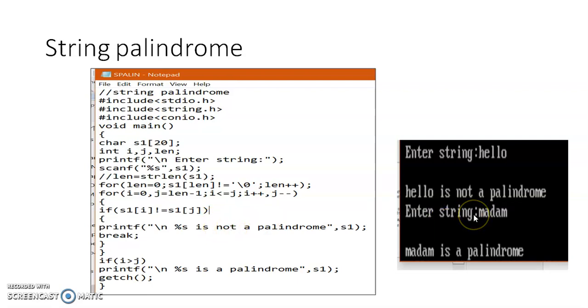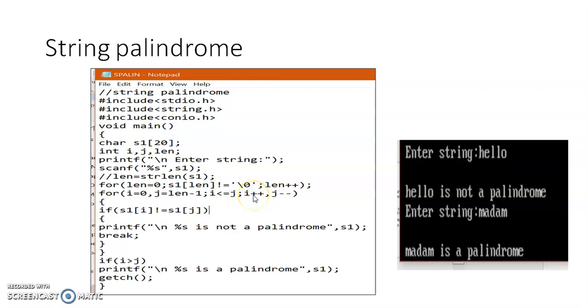Here is one more example, a palindrome string, and how this program works. Take madam. How do we find whether madam is a palindrome or not? In this case, i points to the first character m and j points to the last character m. m is equal to m, so the comparison passes.